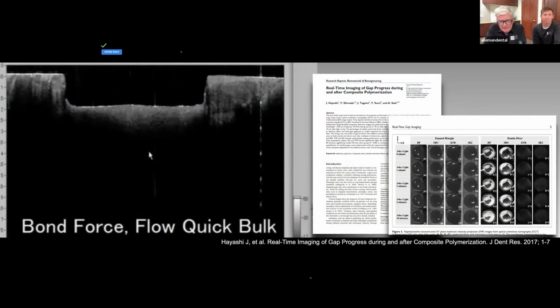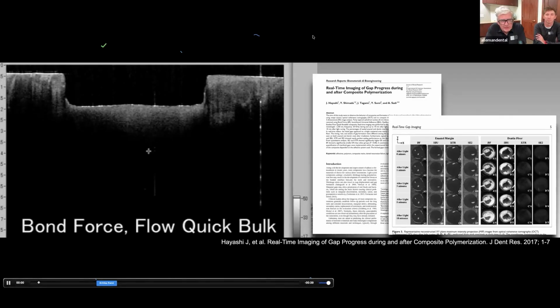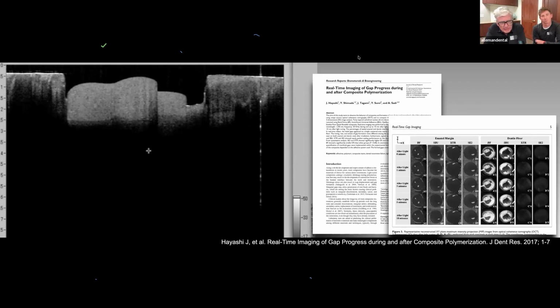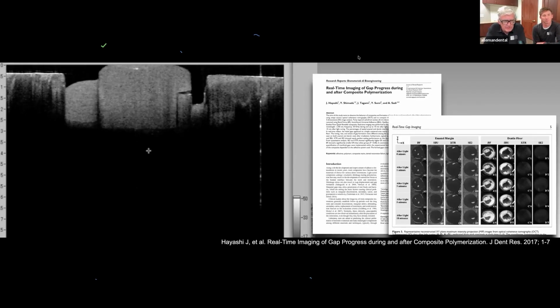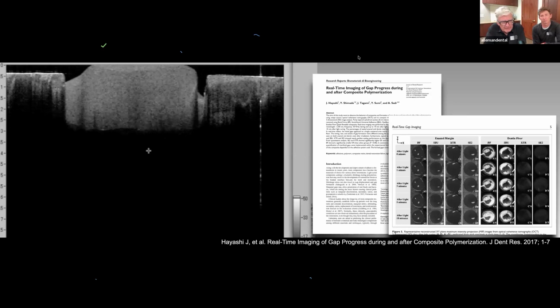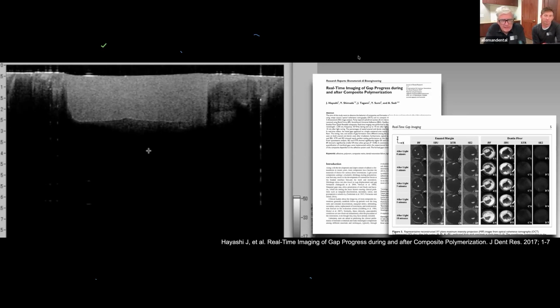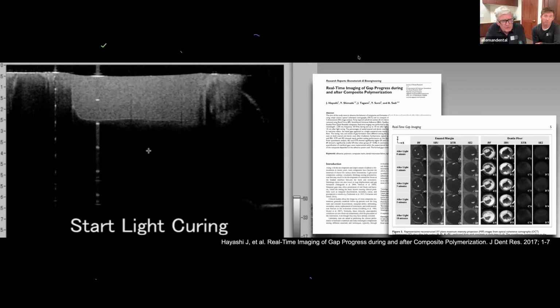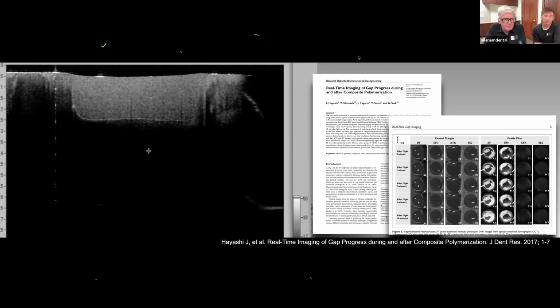fracture. Now, when we look at this real-time video, this shows us how composites interact with an adhesive in a cavity. There's no enamel on this cavity. It's just a 2mm by 4mm wide cavity. So the C factor is medium high. But once you put the light on this composite, the bond system under the composite had not had enough time to mature. So the shrinkage of the composite is going to pull, stretch, and eventually debond in the first minute